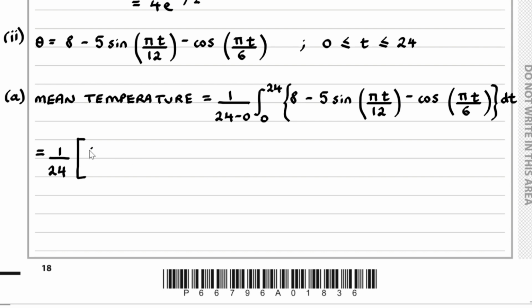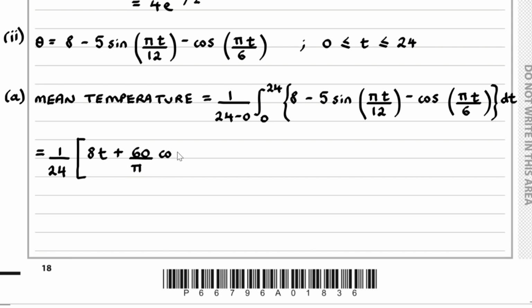Integrating 8, we end up with 8t. Integrating minus 5 sine of pi t over 12, don't forget we need to divide by the differential of the bracket. Minus 5 divided by pi over 12, that's 60 over pi. And then integrating minus sine, we end up with positive cosine. So we add on 60 over pi,